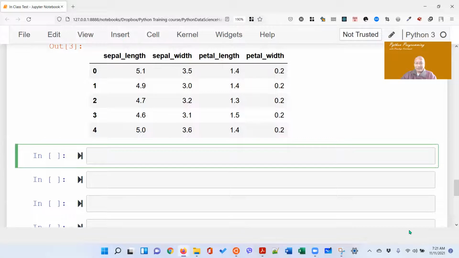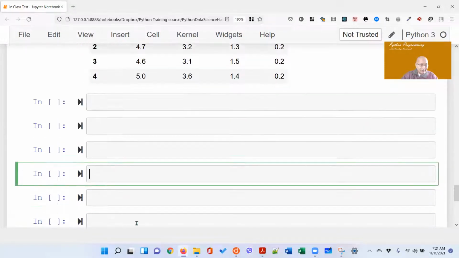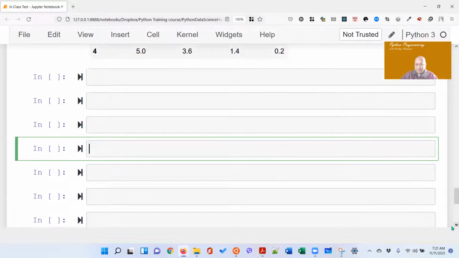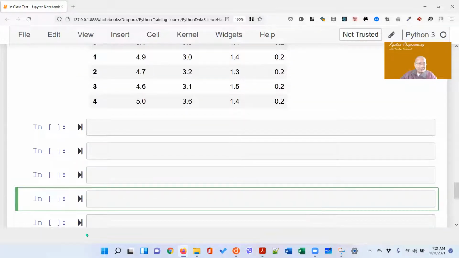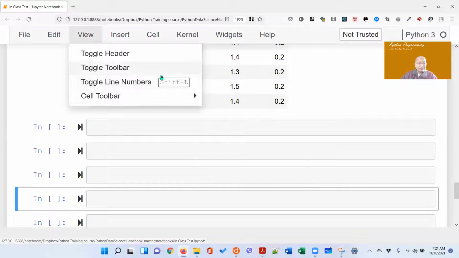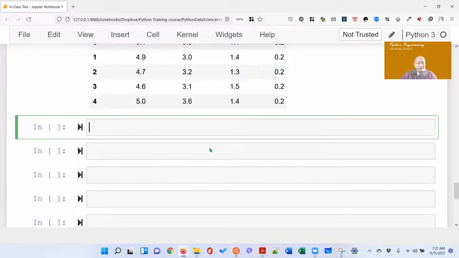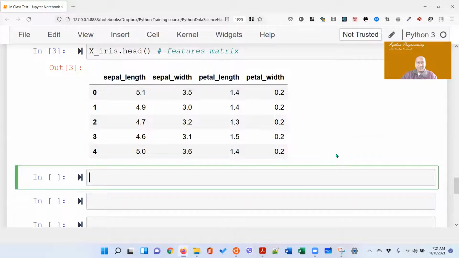And like we need the y array. Let's see it. All right, don't worry. So now we got at least one part, the feature matrix, which is 150 by 4, and we need y, the target array. Let's call it y iris. Y iris is equal to